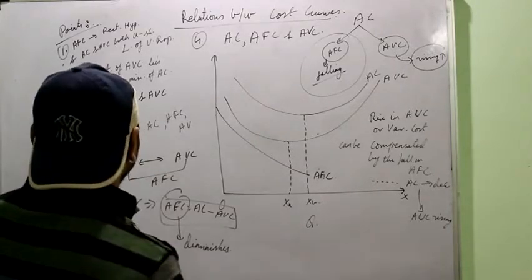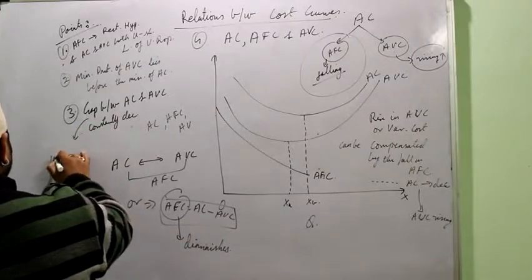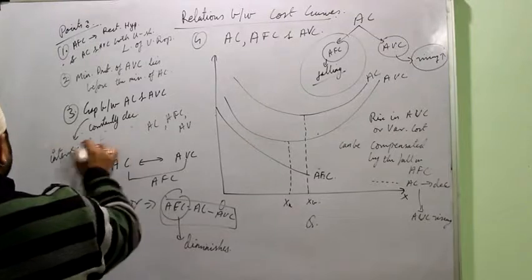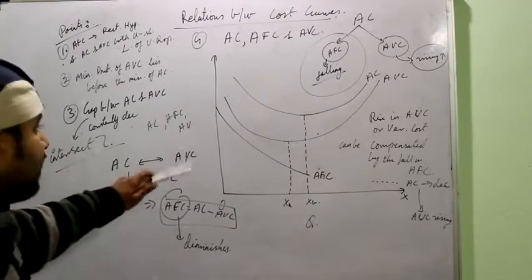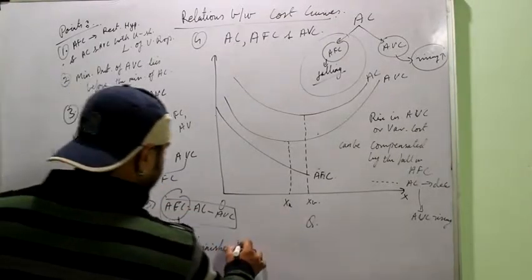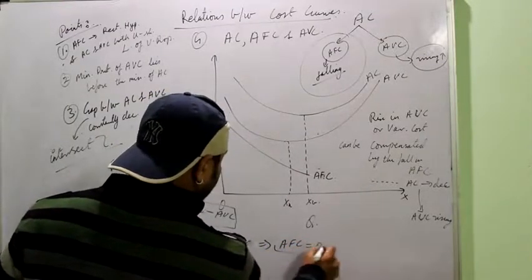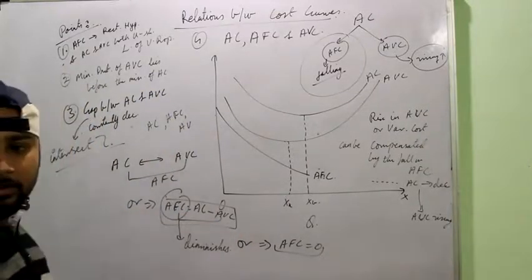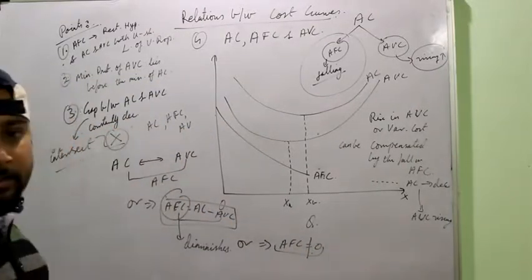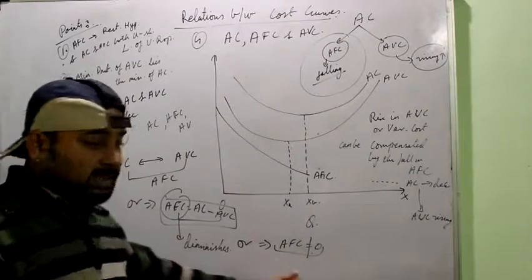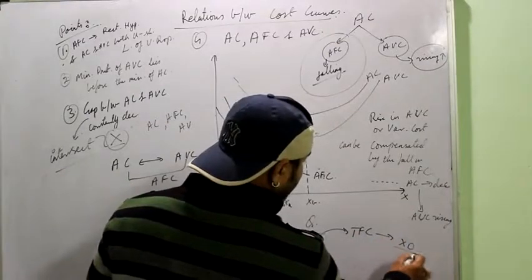So again it can also be asked in the form of a question, and along with this one more thing can be asked, that can these two curves ever intersect? Along with the reason, this may be asked, that can these curves ever meet, or you can simply say, can AFC be 0, because they can be equal only if AFC is 0, and this is never possible. So these curves can never intersect. When it is asked, you have to mention that AFC can never be 0 as it is derived from the TFC, which is never equal to 0.